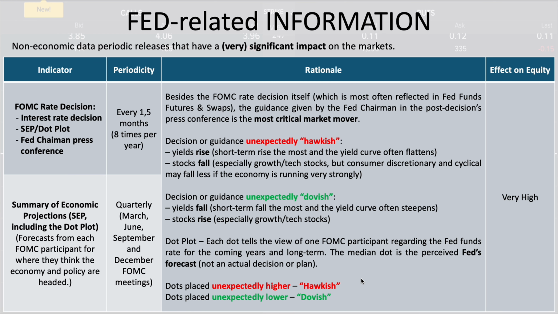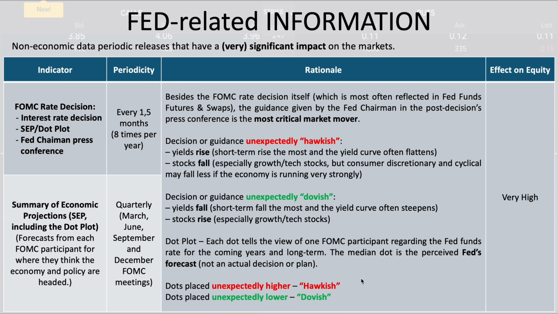And so overall, if the interest rate decision and especially the guidance are unexpectedly hawkish, and I mean hawkish is on the side of increasing interest rates, all right? They expect that they may have to increase interest rates in the future. I think this is a pretty much clear-cut interpretation. Yields will rise, all right? So the short term rise the most. The ones at the 1 year, 2 year interest rates will rise the most relative to the 10-year or 20-year rates, and so that's why the yield curve often tends to flatten,